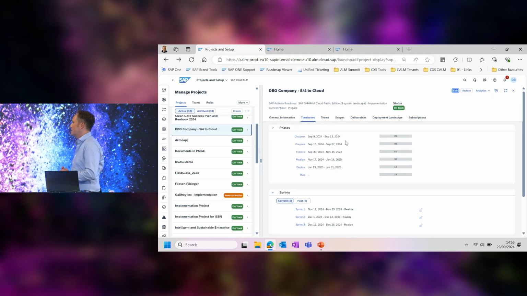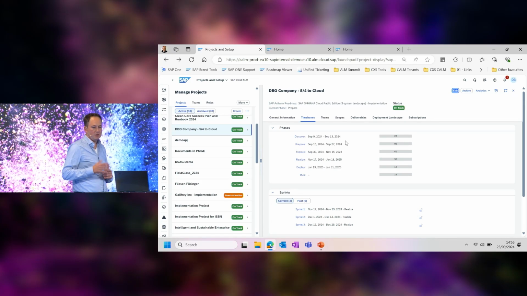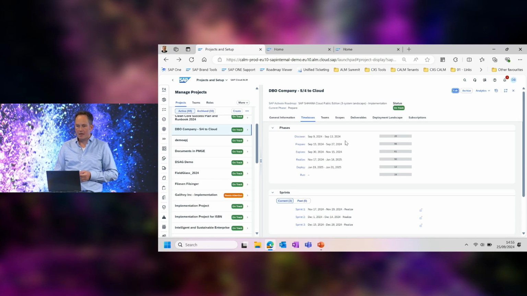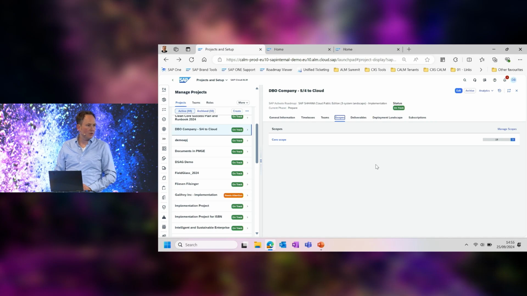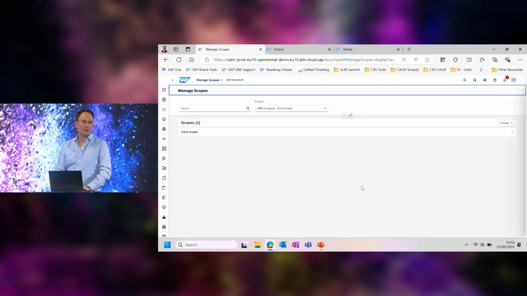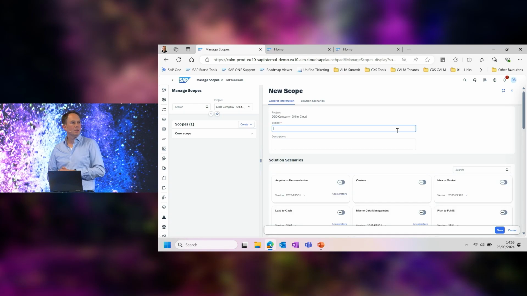What you see here is a project that is prepared, currently with the typical phases of discover, prepare, explore, realize, and deploy. You see we are about to close the prepare phase, shortly before explore. In general, you see here that one scope is already created. What we want to do now is enhance the scope. Imagine you have some topics where you say, yes, we want to look at them in the fit-to-standard workshops, but maybe we decide later whether we put them in the first release or later. So I create another scope entry